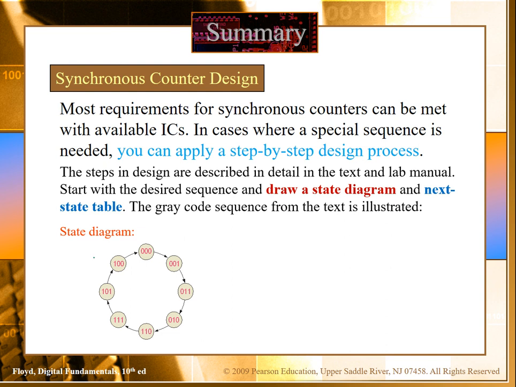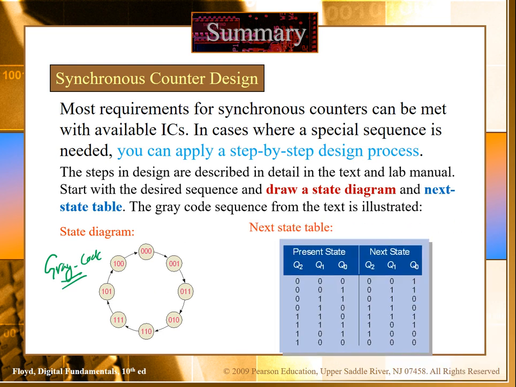For example, it's a 3-bit counter in gray code form. So this is a finite state machine diagram in gray code form, for a 3-bit counter. Next, draw its state table. For example, the previous state is 0, 0, 0, and the next state is 0, 0, 1. In the next cycle, the previous state is 0, 0, 1, and the next state is 0, 1, 1. In the next cycle, the previous state is 0, 1, 1, and the next state is 1, 0, 1. Similarly, we can derive the state table.